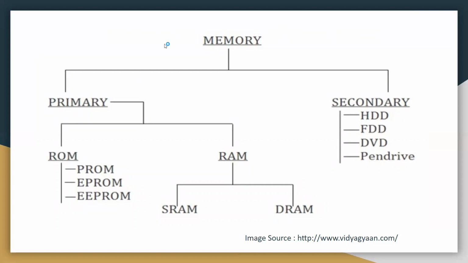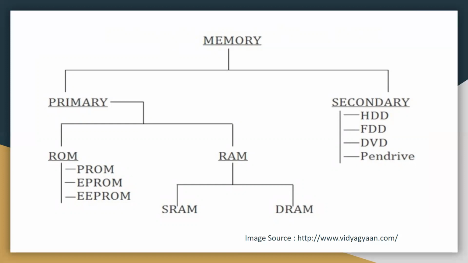One is your primary memory and second is your secondary memory. So when we talk about primary memory, this is also referred as main memory. They are usually semiconductor memories and are of type volatile in nature, which means that once the power is off, the data goes off. So that is usually termed as a volatile memory. It is the main working memory of the computer.